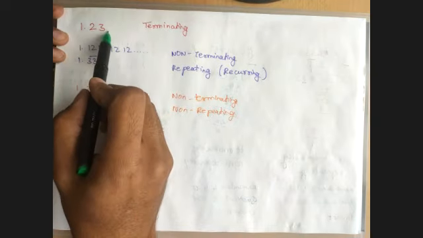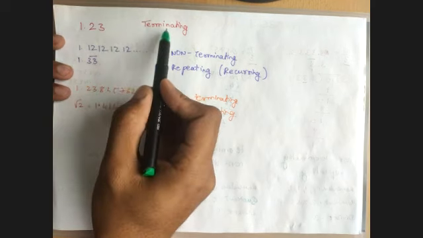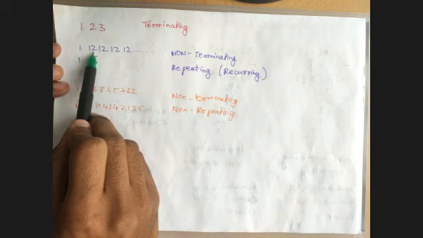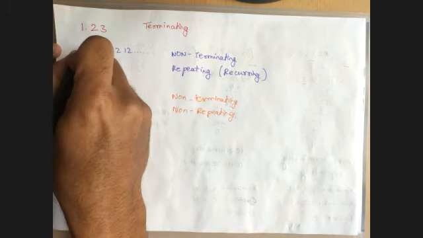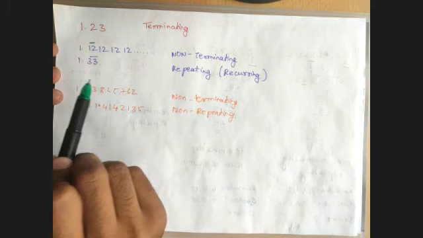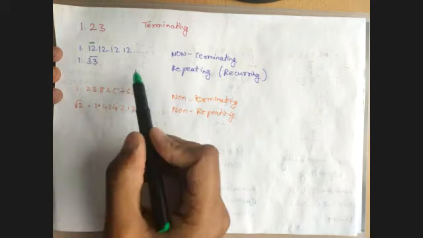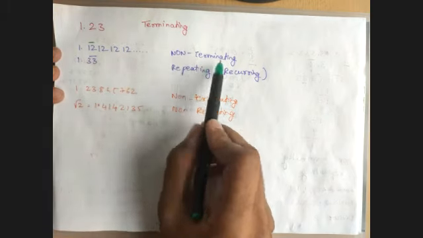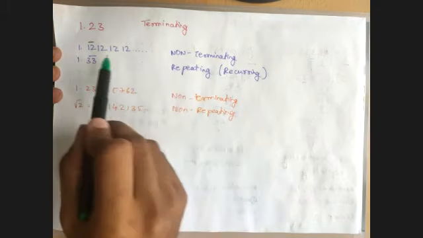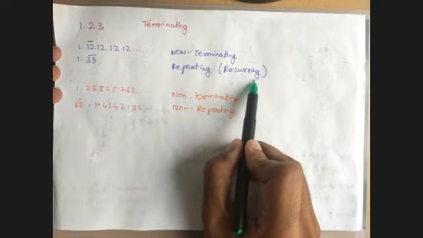Is terminating. That means the remainder out here is 0. It is not being extended, it is terminating. And if I take this example, 1.121212, here 12 is being repeated. I'm putting a dash over it to represent that it is being repeated. Or 1.3 recurring, as we saw in the last example, this is non-terminating. That means there is no end. The remainder is not becoming 0, and it is repeating. A set of numbers is repeating or recurring.